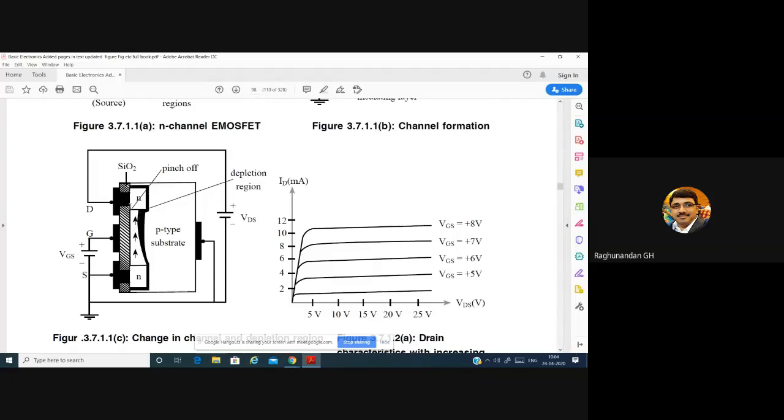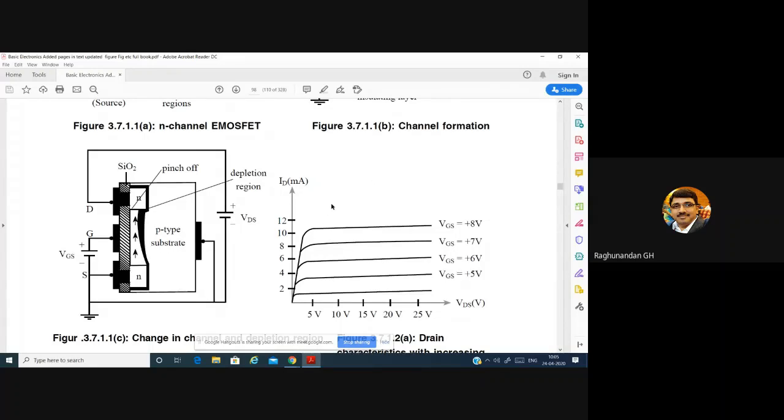You can see that since you have more voltage across this one, automatically the depletion layer will be there between N type and P type. This is a P type and N type, so it is a kind of PN junction. So between those two, a depletion layer is created. You can see the depletion layer, the black color one. So you have to show it even in the exam also. See here also the depletion layer, because whenever it is N type and P type, obviously there should be a junction. So this is the junction which is created. Okay, so this is how it is going to work.